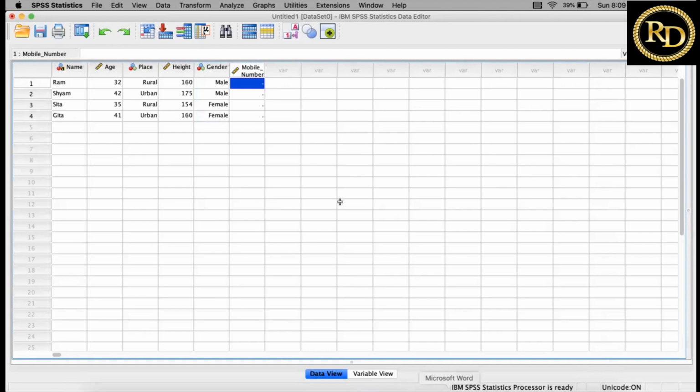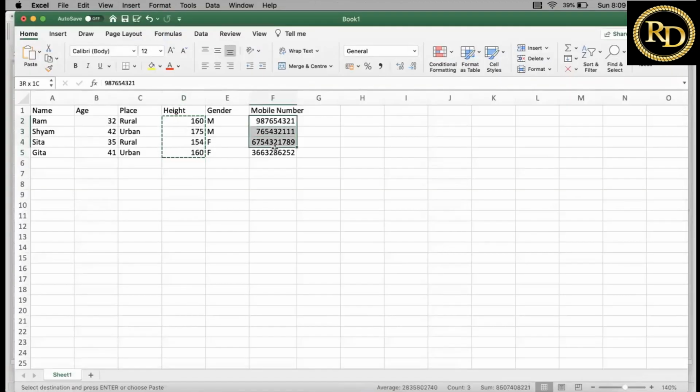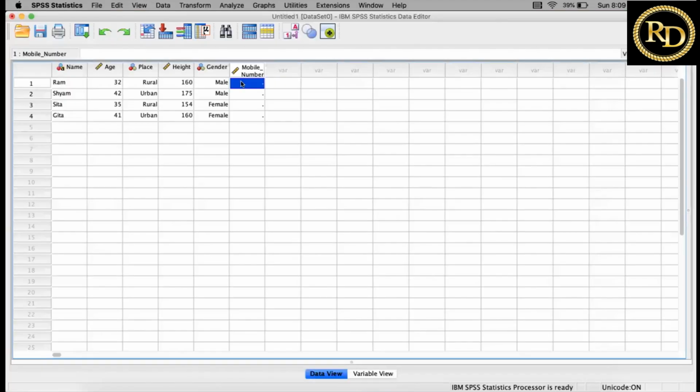I have to copy the mobile number. Just copy the mobile number, Control C, and paste it here. So in this way, you can do the data entry into SPSS. So this is the first step, how you can do data entry into SPSS.